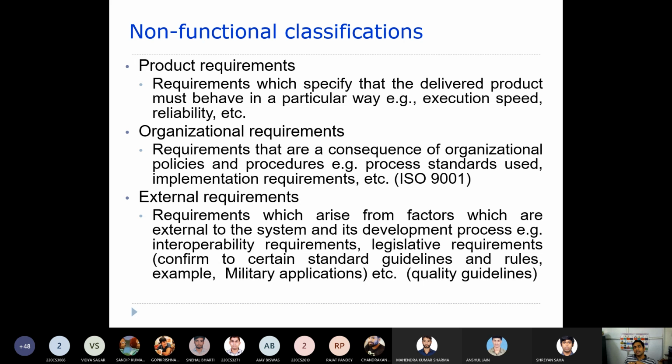Now let's say you develop the software and use a 2.4 gigahertz frequency. This is a freely available frequency band, the ISM band, and you can use it for your purpose.